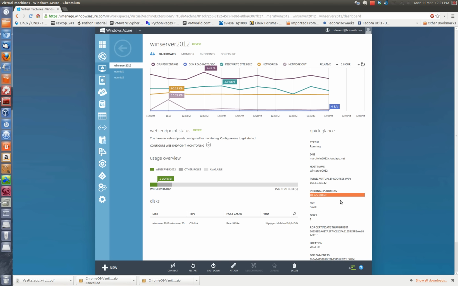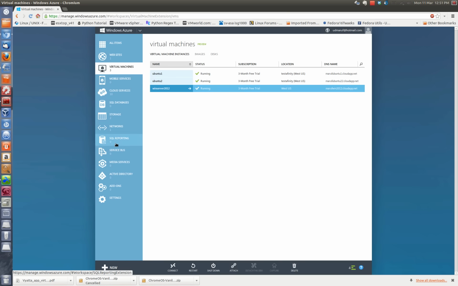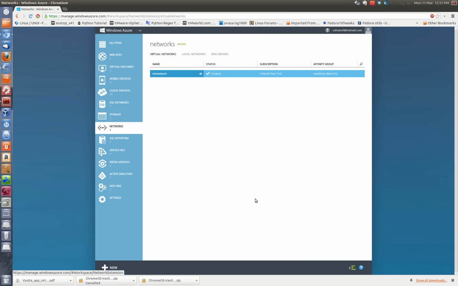So if you ever wanted to have, say, multiple VMs for your application on the Windows Azure cloud, and you want those individual VMs to communicate with each other using the same internal IP address network, then you need to create a virtual network inside a Windows Azure cloud, which is pretty easy. To do that, you go to the networks section once you log into the Windows Azure cloud. I already have one created, but to create